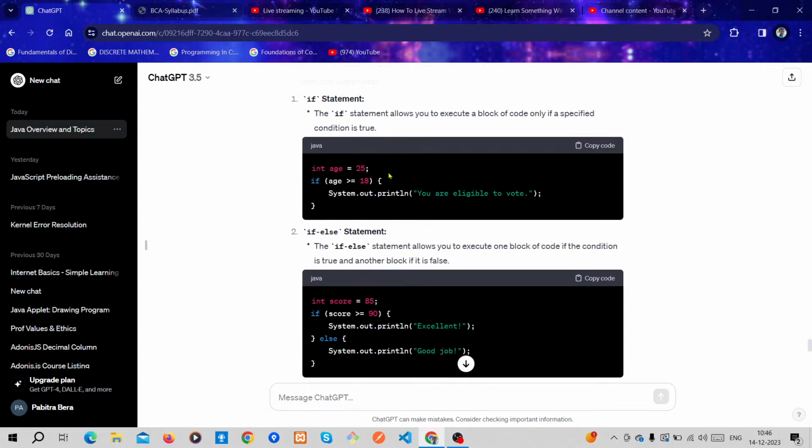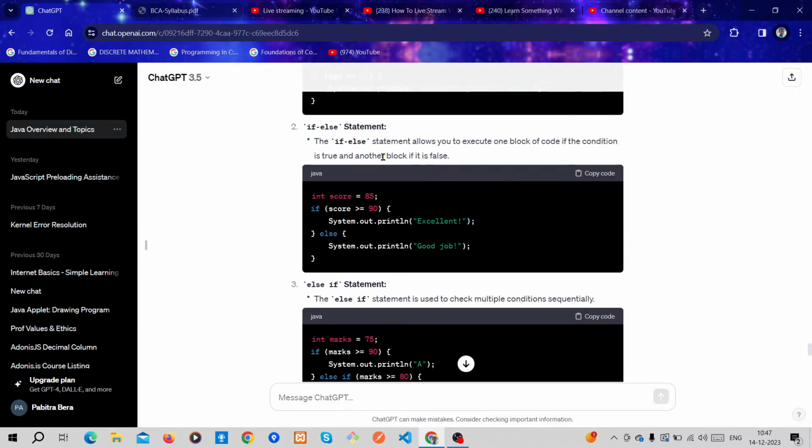For example, int age is equal to 25, then if you want to create an if condition, the structure would be like this. First the if keyword, then age, then a comparison operator, which we discussed previously. Age greater than or equal to 18, check whether it is. If so, then print "you are eligible to vote". Age is 25, so here we check whether age is at least 18. 25 is greater than 18, so you can vote, and the result would be printed.